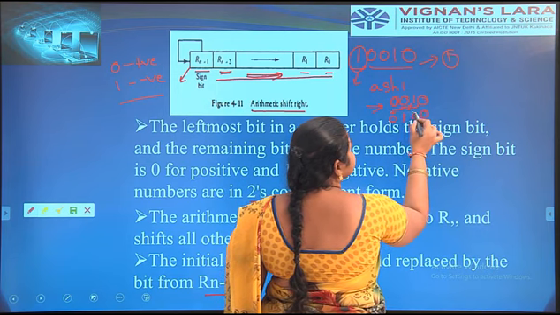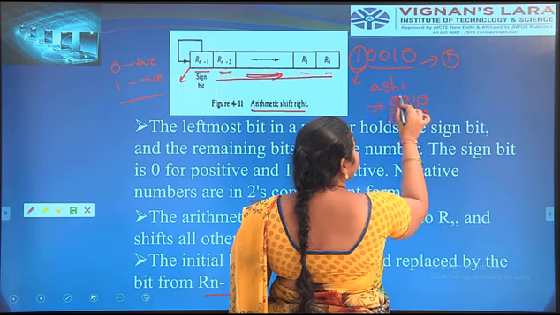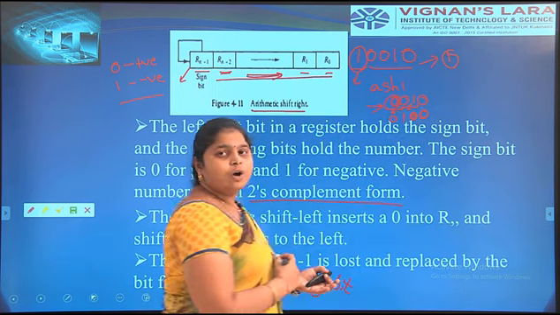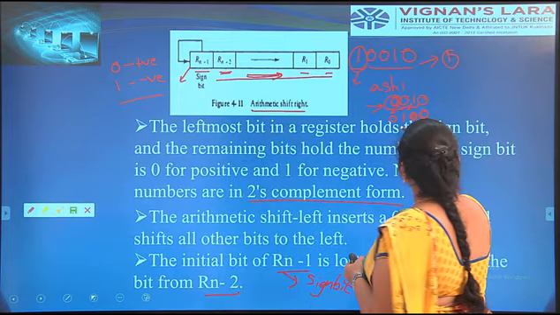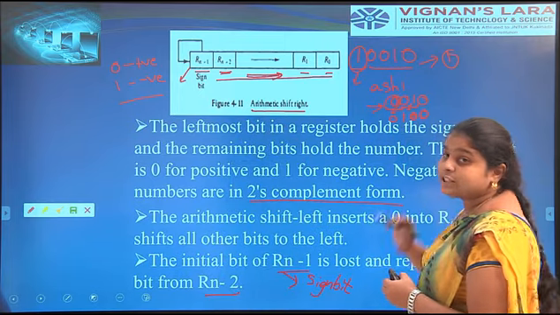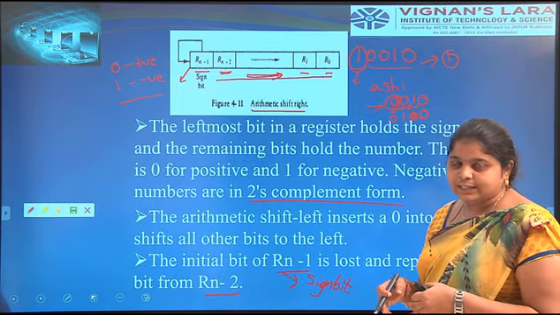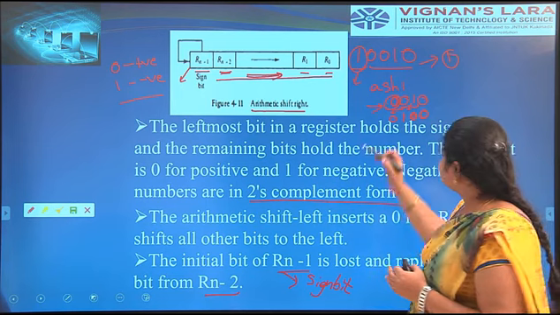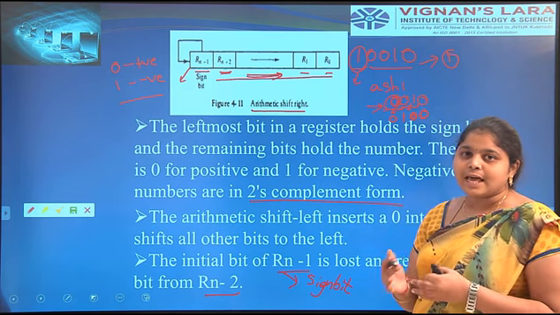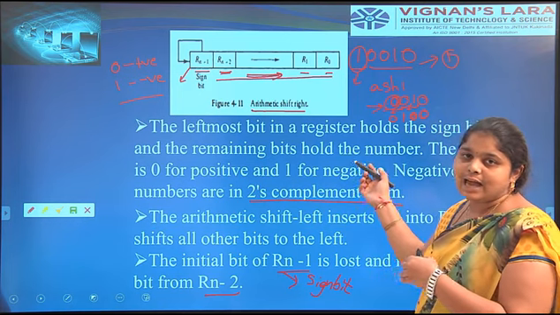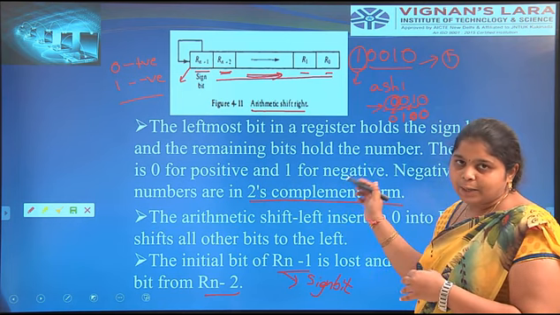Okay, 0 1 0 0. Here the 0 is discarded in the logical shift left. Here we have to see the major problem of the logical shift left is that the carry value is discarded. That's why we have to move to the circular shift. Now the arithmetic shift left also has that problem.